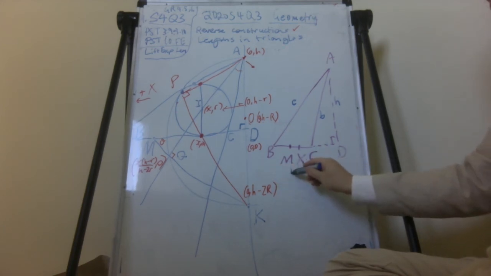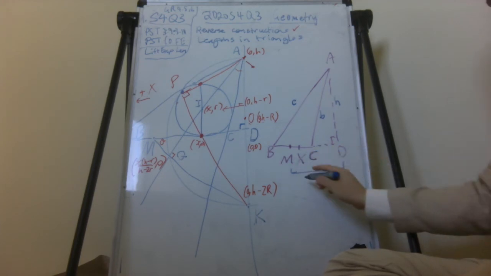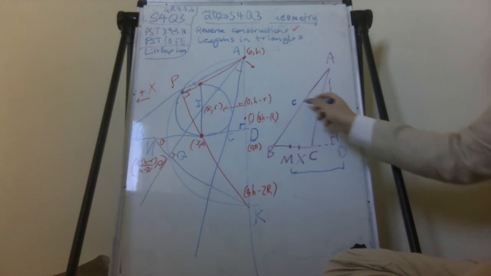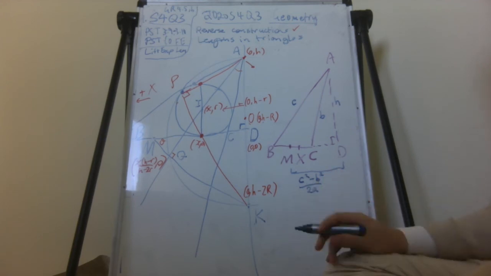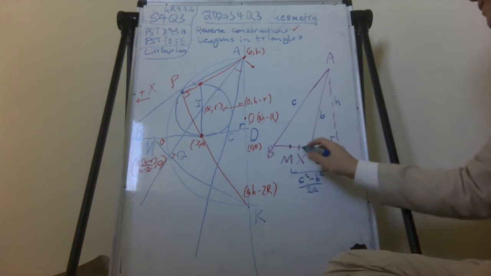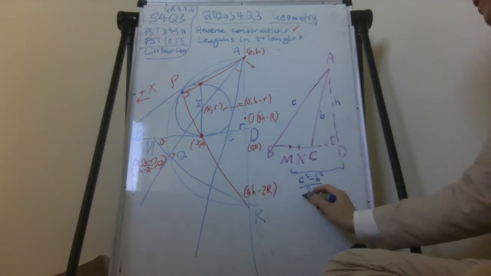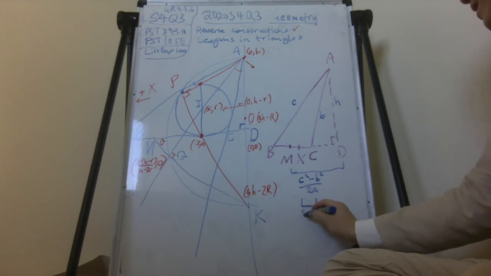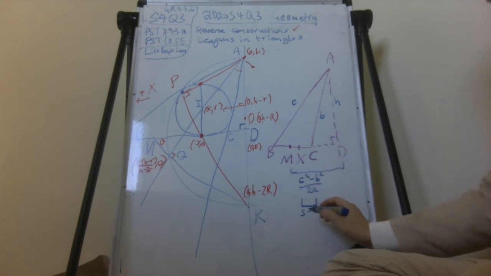So there was an exercise that actually tells you what this length is, if you don't know. In this, if C is bigger than B, it's C squared minus B squared over 2A, okay? The incircle stuff tells us X, we know the length of XC, okay? It is actually S minus the vertex that it's at, C,